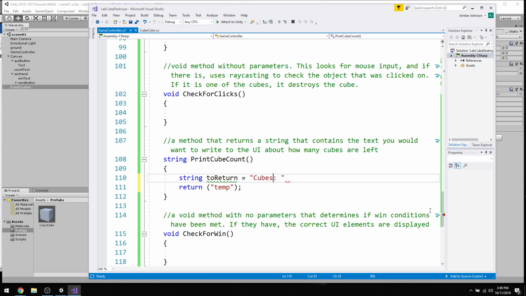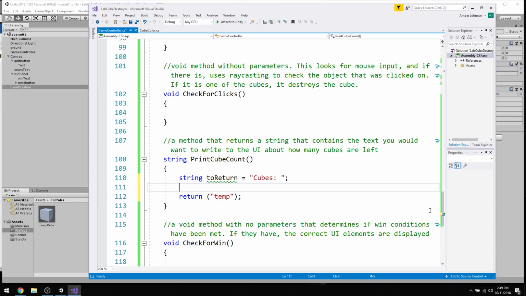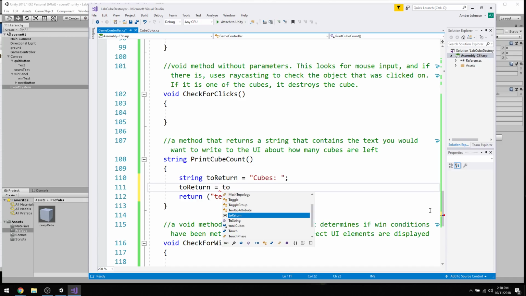Yes. So that down here we can just say toReturn, that's that string, is equal to toReturn